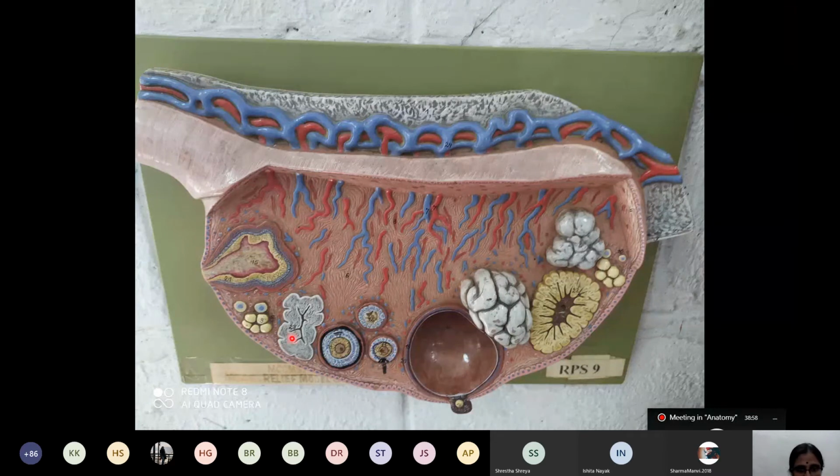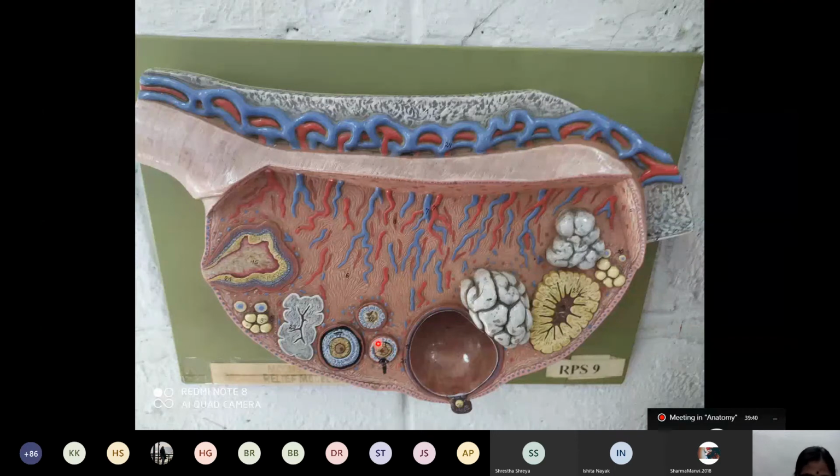And my dear student, there are several features of the oocyte and follicles. This number 9 that you see, these are oogonia. Now here you can see this is number 11. This is the primordial follicle with the primary oocyte. And here this primary oocyte is undergoing meiosis first. If you ask in which stage it is arrested before birth, it is arrested in the diplotene stage of prophase first. And after adolescence, it completes meiosis first and enters into meiosis second and gets arrested at metaphase second, 3 hours before ovulation. So this is the primary follicle.